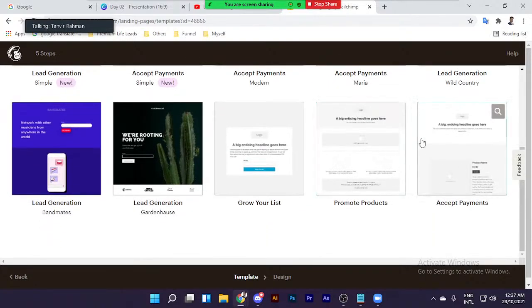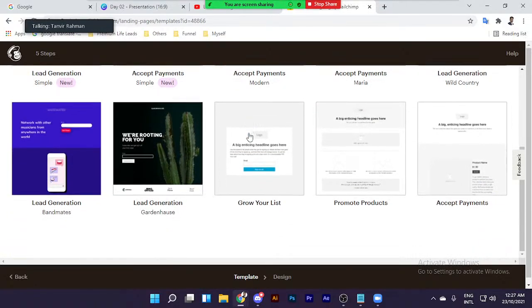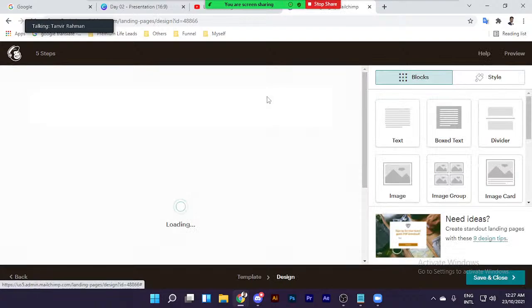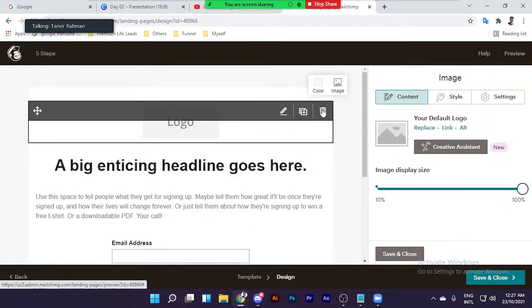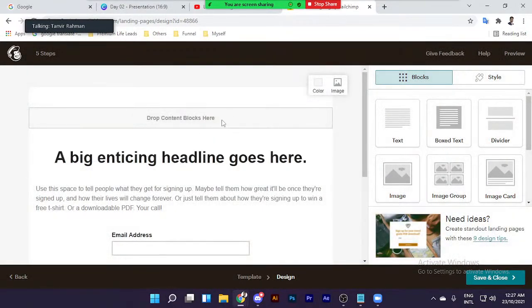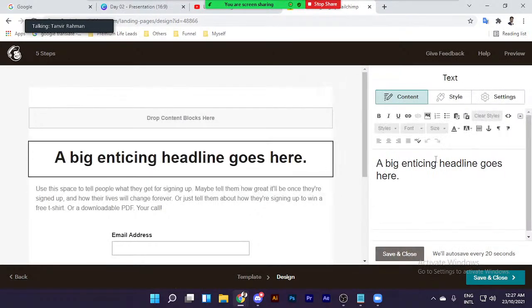So we can just select a simple one. Let's see this one, crew list. This one is just simple with the headline and everything. I don't think I need an image.